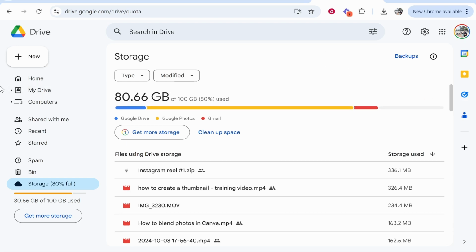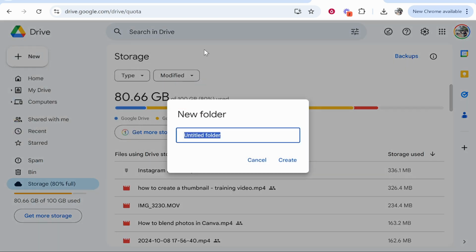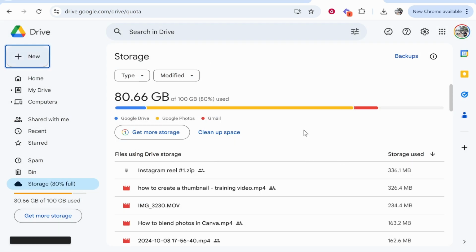Now, from here, what you can do is you can upload these photos and you can share them with other people. To do that, go new in the top left-hand corner. And what I would do, if you've got a bunch of photos or any files, I'd go ahead and create a new folder just so they're all in one place. I'm going to call this photos to share, and we'll click enter and create that folder.